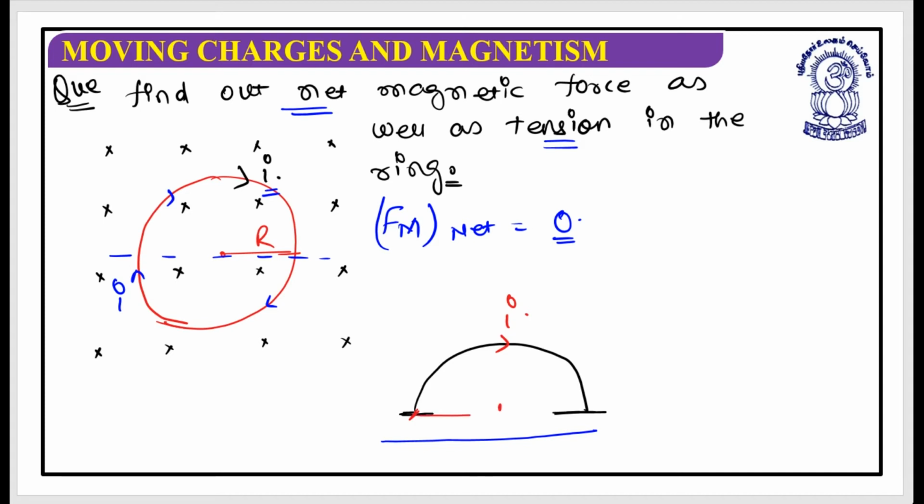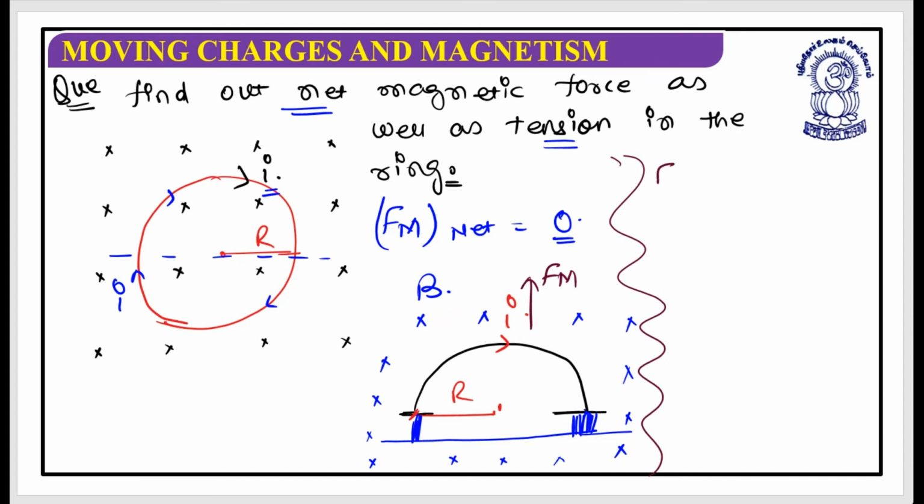This is the center, this is R, and this ring has been attached by two strings over here, you can see. Magnetic field has been arranged in this region. So the ring has been cut into two segments, and one of the segments has been attached with strings so that I can get a value of tension. So if you calculate the magnetic force, that would be Fm, and